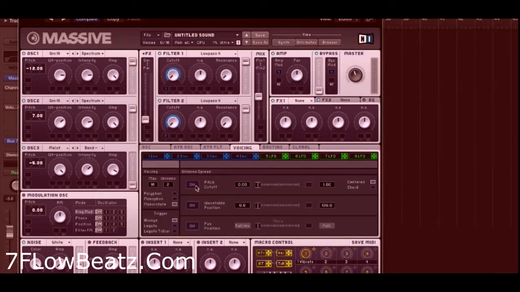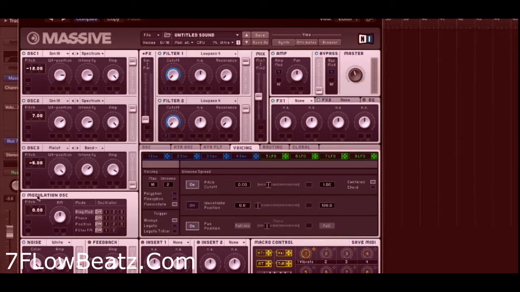What I am going to do here is turn this pitch cutoff on. Okay, so with this one here, we've just done some detuning basically, and this one here you can hear that it is controlling the width of the sound. So we'll just keep working with that for a little bit, and then we'll go in here and turn on